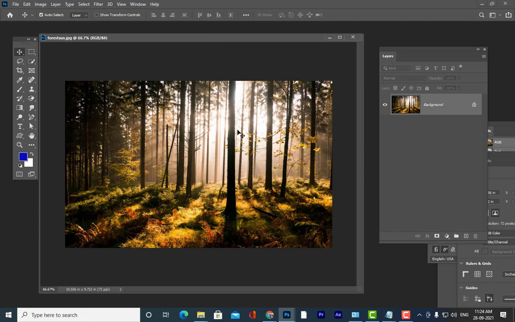To pick that brightest area, I am going to use an option, that is color range. I think all of you know color range, right? Yes or no? Color range. So what was the example I told you with color range? Anybody can tell?